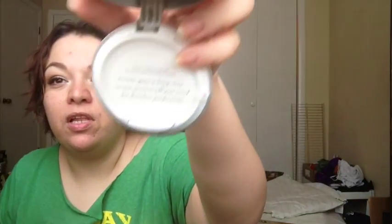It comes like this. It has a mirror. Now all of these products are worldwide launches. It comes with a little puffy thing, which I don't think I would ever use. And it says remove freshness seal right here. It says a little goes a long way. One press is all you need for flawless perfection. We'll see. Friend Debbie said you do need to prime this, so